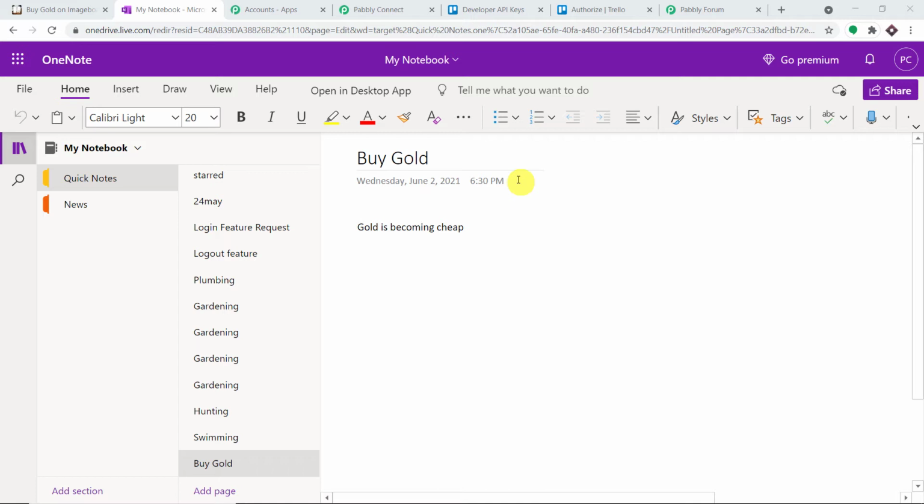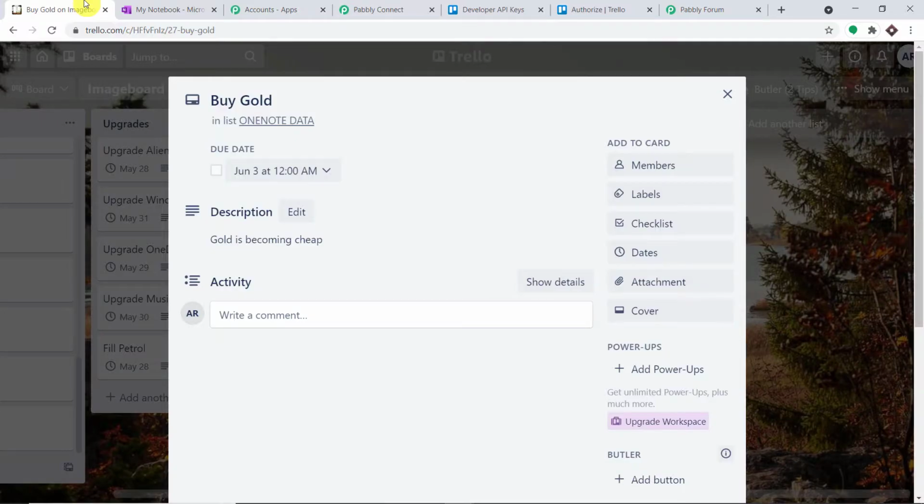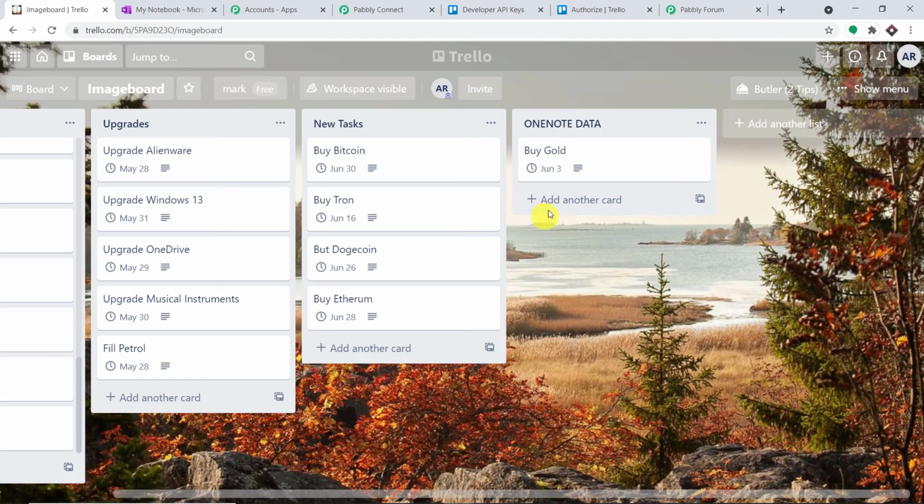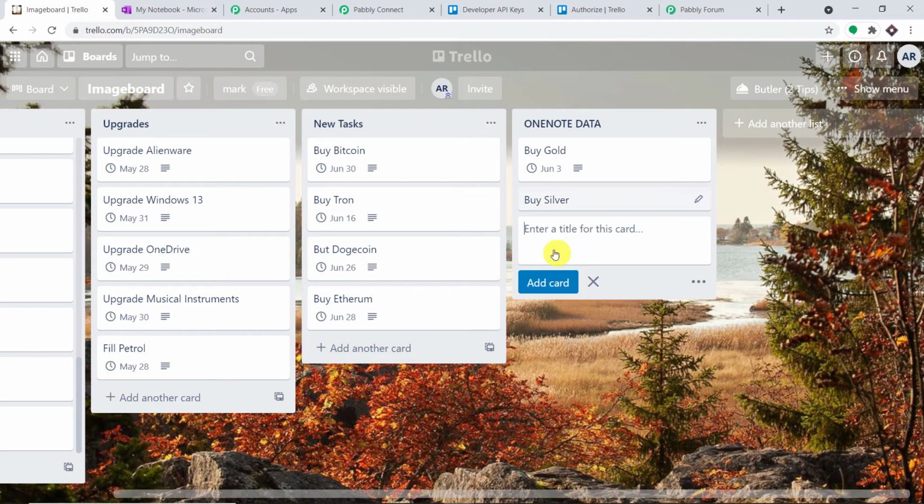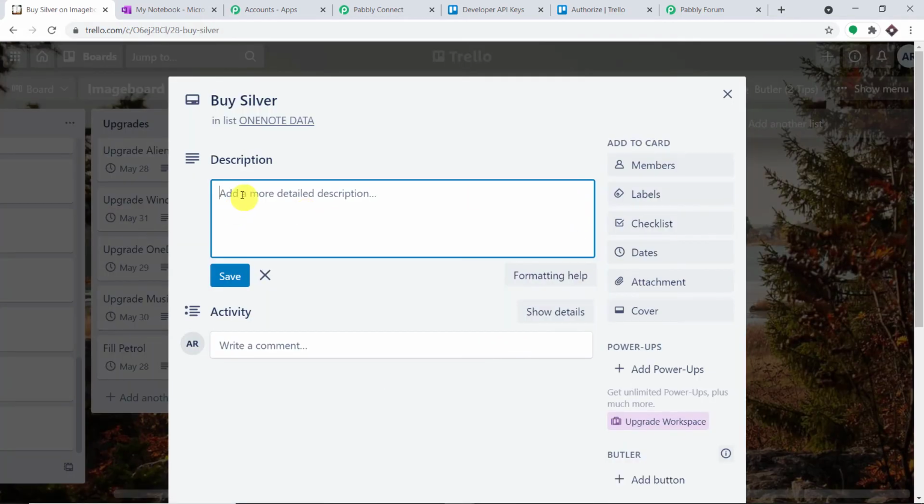Excellent. Now it may seem that the integration is over. We have definitely got the data, but it is actually far from over. So what I'm going to do here is I'm just going to create one more card, and this time let me just buy silver. Okay, let me just click on add card, and after that let me add a small description. Silver is used in electronic